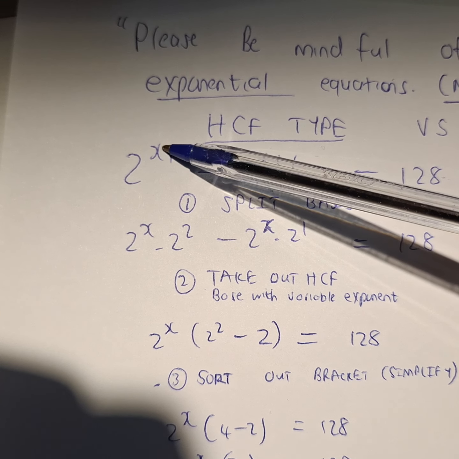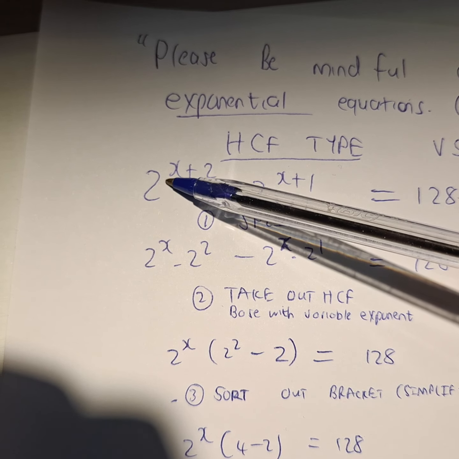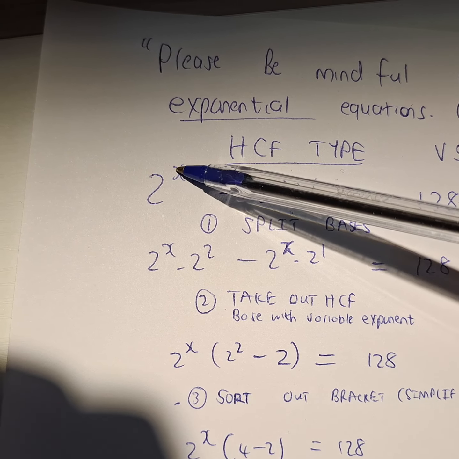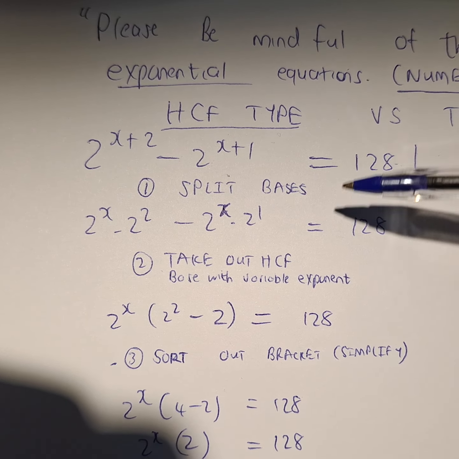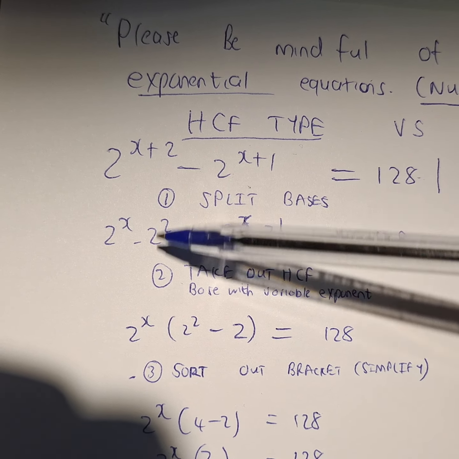So it's 2 to the power x. The exponent's coefficient is the same. It's 1 here. It's also positive 1 here. Because the coefficient of the variable is the same, we understand that we'll be applying highest common factor. Okay, so what we do is we split 2 to the power x plus 2 to be 2